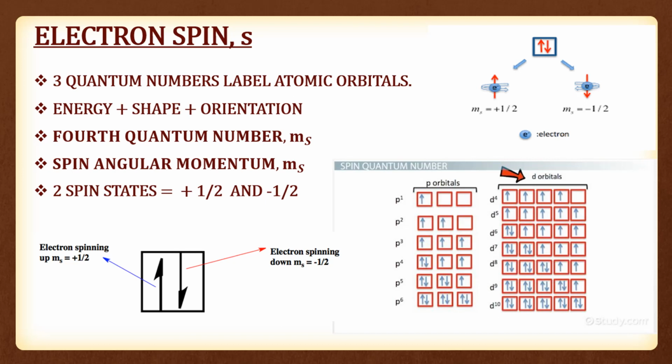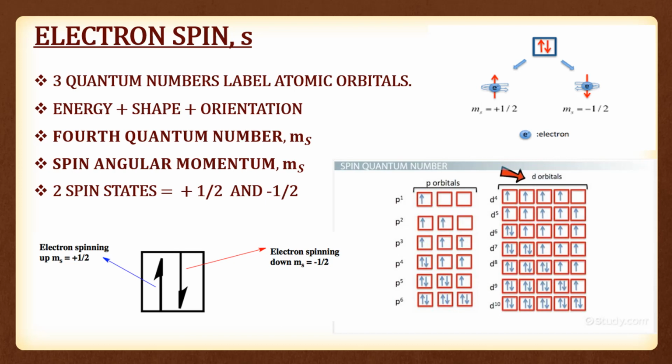There were 3 quantum numbers which labeled an atomic orbital, which were used equally well to define its energy, shape and orientation. But it was found that it was not enough to explain the line spectra observed in some multi-electron atoms. The observation was that some of the lines occur in doublets, that are 2 lines closely spaced, and triplets where there are 3 lines closely spaced. This occurred in the line spectra of multi-electron atoms, and this suggested that there were a few more energy levels than what was predicted by these 3 quantum numbers.